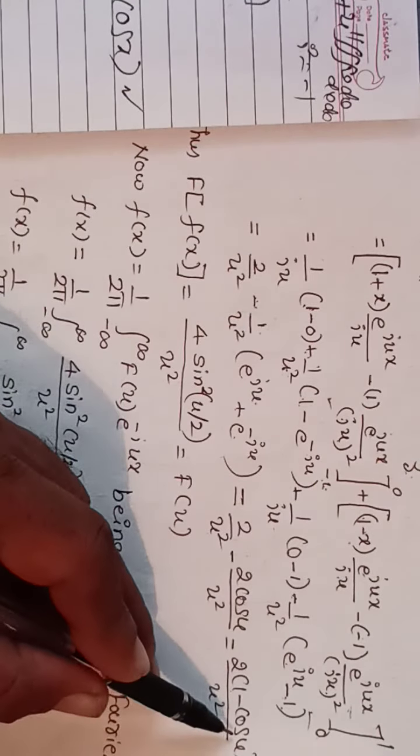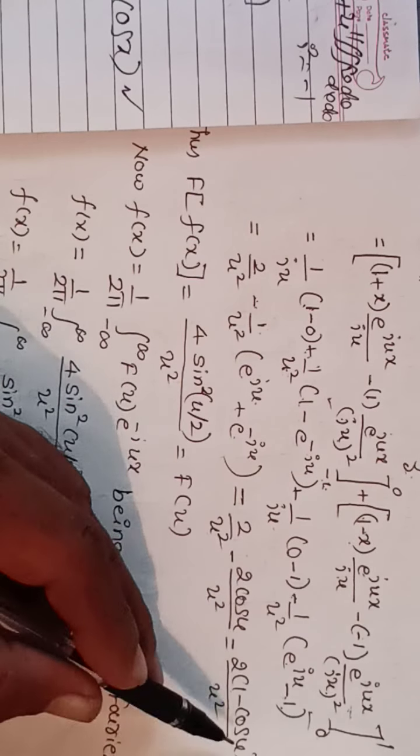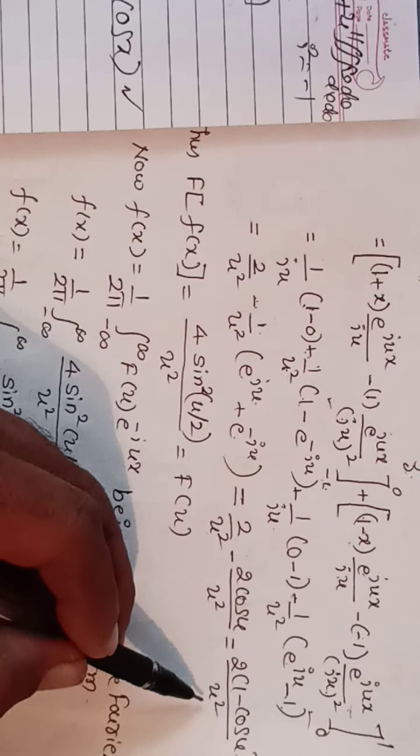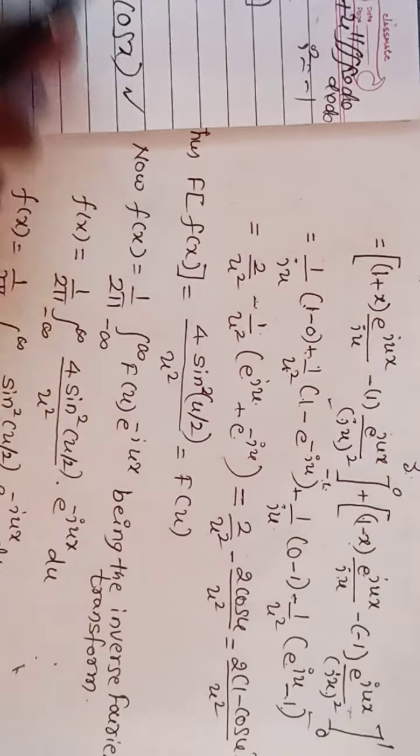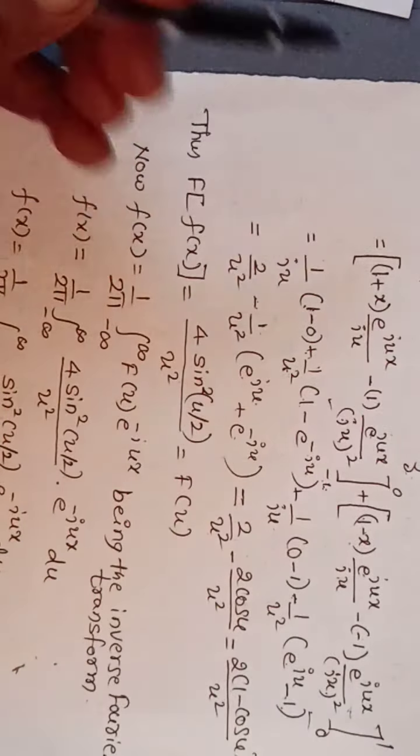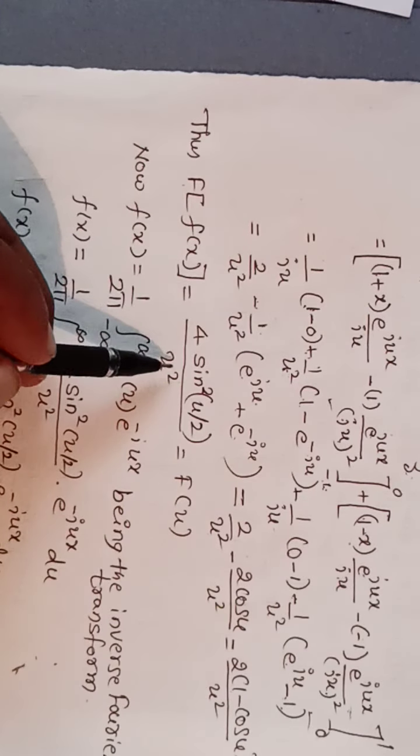So it is 2 into 1 minus cos u. In place of x, it is u. 2 into 1 minus cos u divided by u square. So u square already it is there. So thus f of x is equals to,